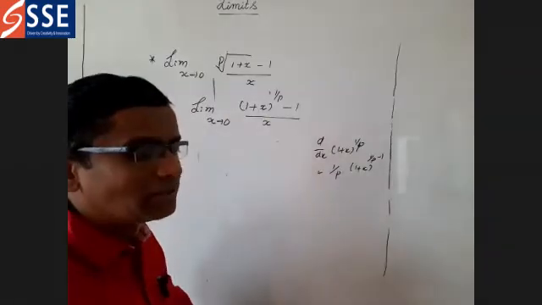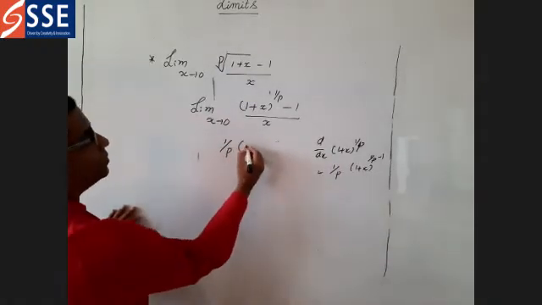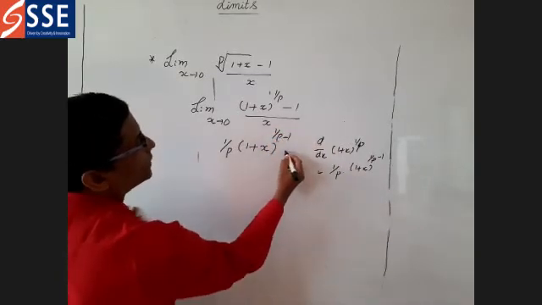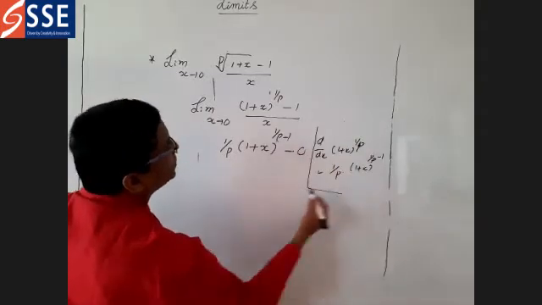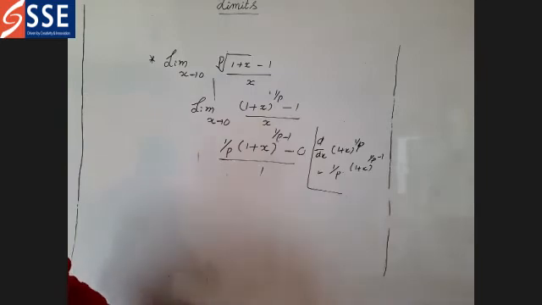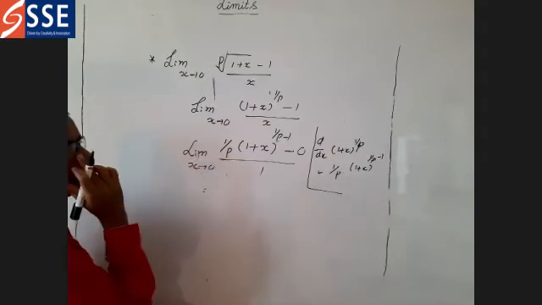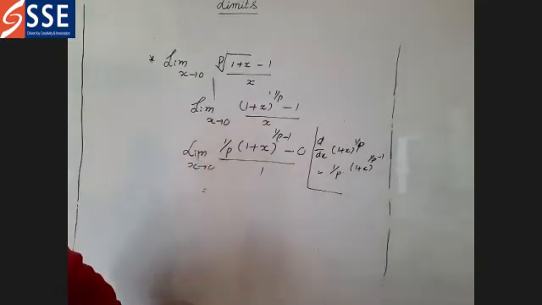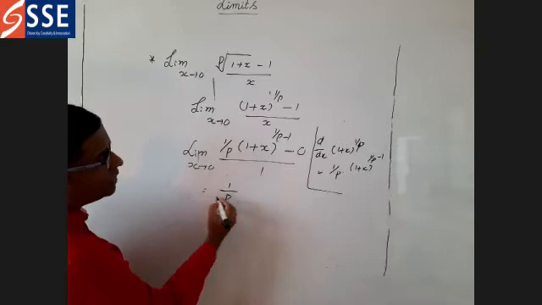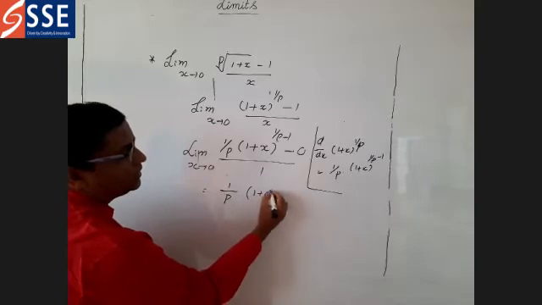Minus, differentiation of 1 is 0, differentiation of x is equal to 1. Now we can go for writing the limits. Limit x tends to 0. Now substitute the values. If you substitute x equal to 0, what are you going to get? 1/p into (1 + 0) whole power...